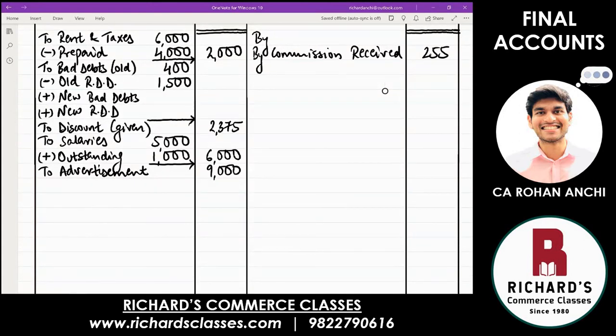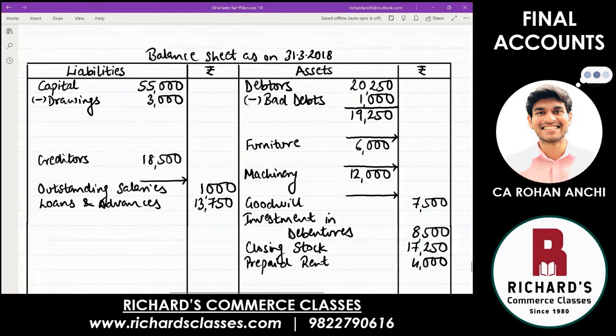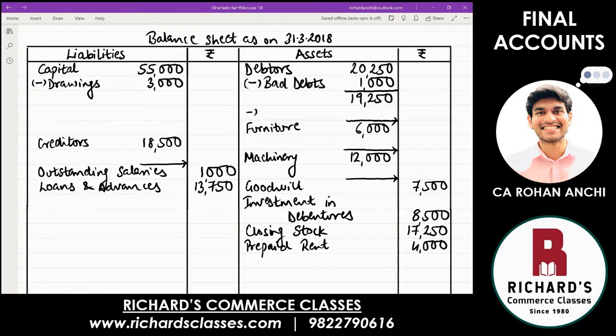Old was already given to us in the table which we recorded. There it's written also bad debts old. And these are bad debts which are new. So we have written the word new bad debts. There I'm going to write plus 1,000. One part of the adjustment is over relating to bad debts, actual loss. But there is also possible loss that also will reduce the value of debtors. So come back to debtors, and this time you will write less RDD.